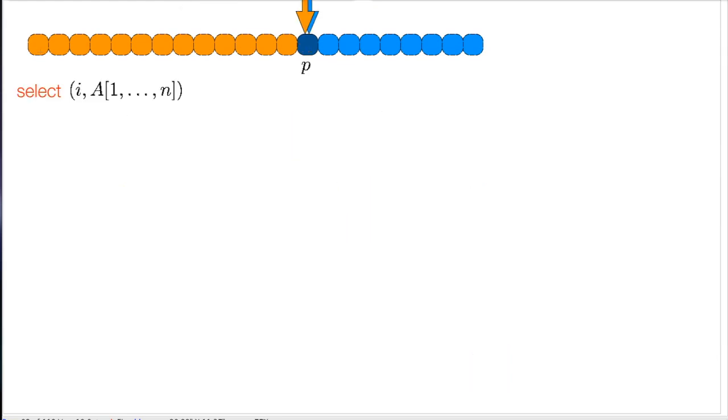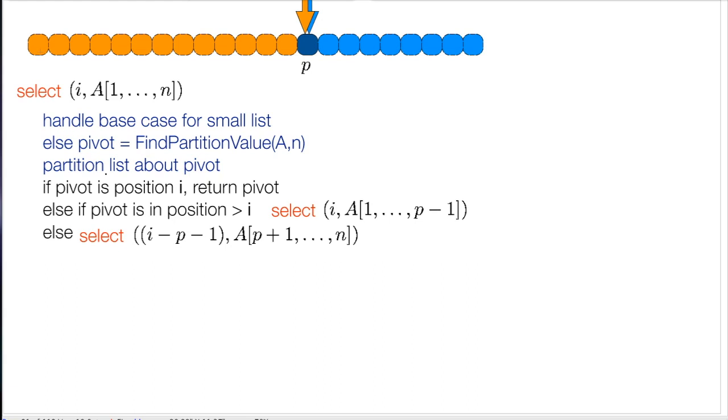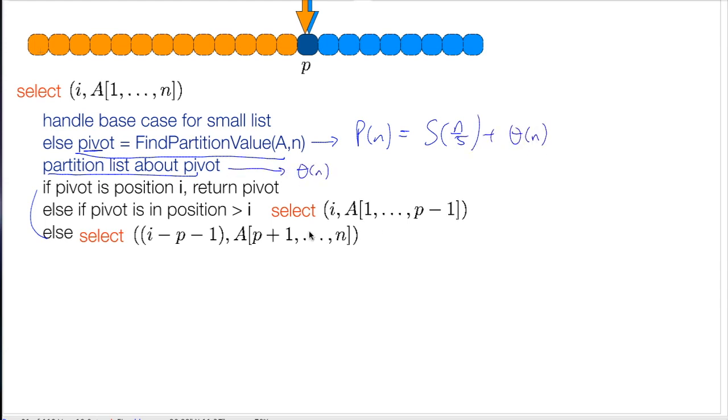So select is going to work as we did before. We handle the base case. We use our special find partition value to find our pivot. Then we partition across that pivot, and then we do this right here. To compute the running time of this algorithm, this line right here, remember, was p of n, which we've written right there. So that's going to be S of n over 5 plus O of n. This partition step will take order n. And now these select steps will take S of 7n over 10 plus 6. So the overall running time of our algorithm is going to be,